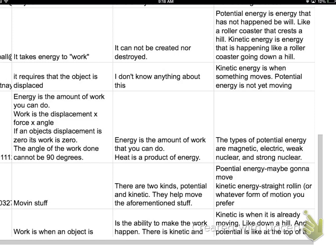Yeah, I know, spelling, schmelling. Kinetic is when it's already moving, like down a hill. Potential is like at the top of a hill. Okay,